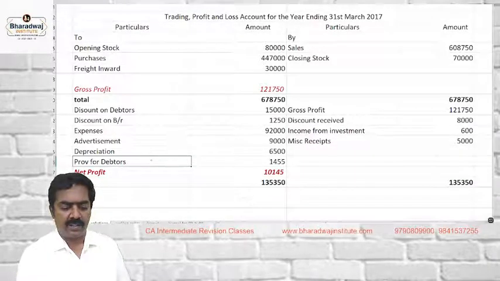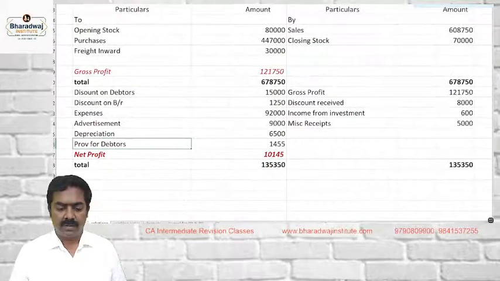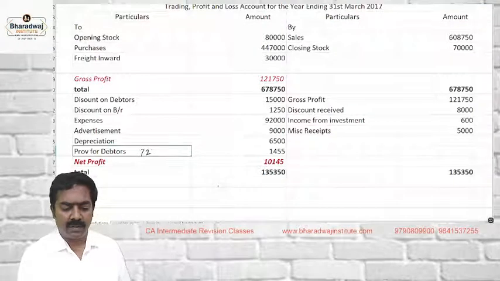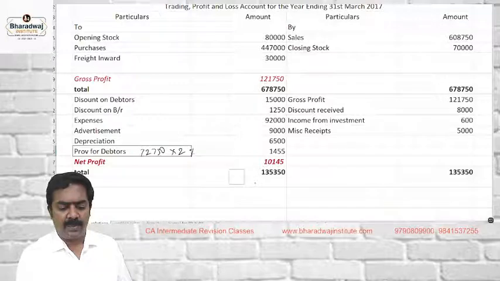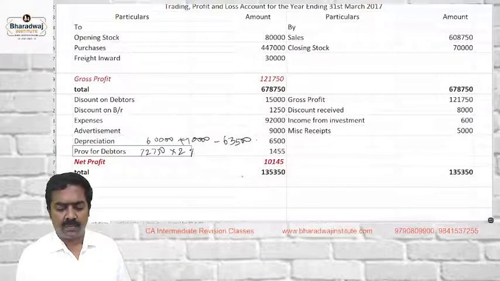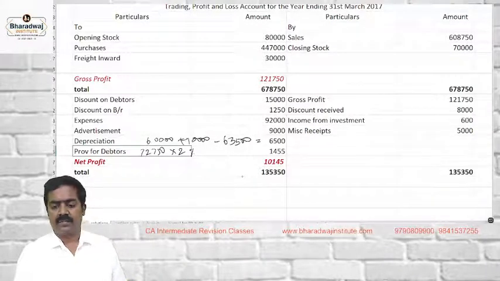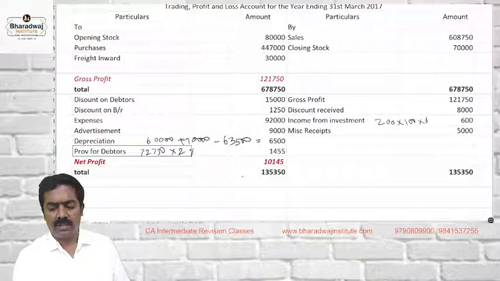Provision for debtors. What is the debtors closing balance? 72,000. This into how much percentage? 2%. Depreciation: opening balance we had 60,000, plus we purchased how much? Minus closing balance available only, 63,500, means 6,500. Income accrued from investments: 200 into face value, 100 into 6% or 5% of